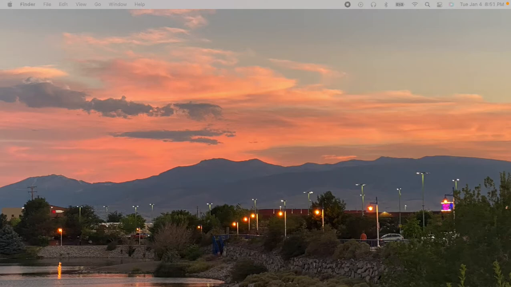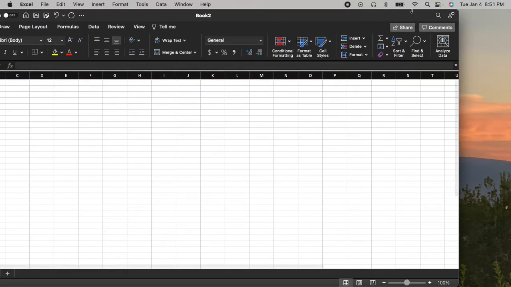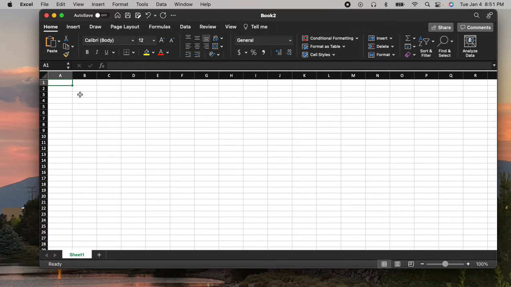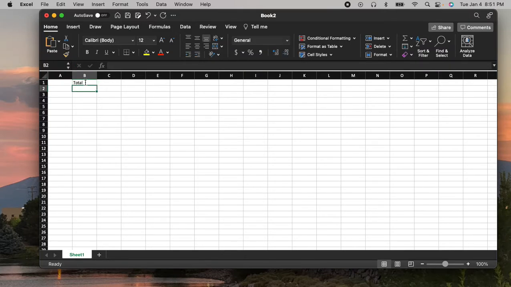All right, first thing I'm going to do is open Excel. So here is a new book from Excel. Let's assume that I am a dealer and I am tracking how many sales I got. So here I'm going to type the total amount of sales, and I want to track how many sales I made last year. So I'm going to start by typing the month,